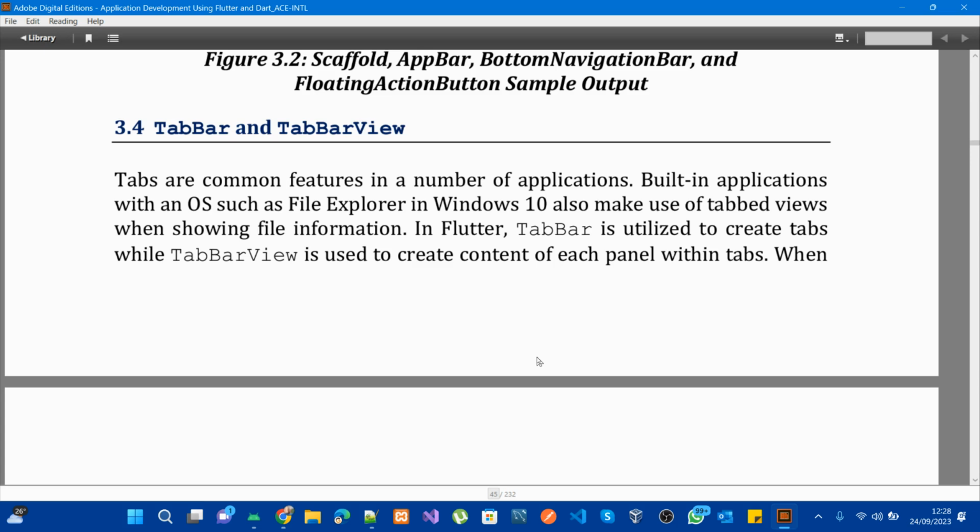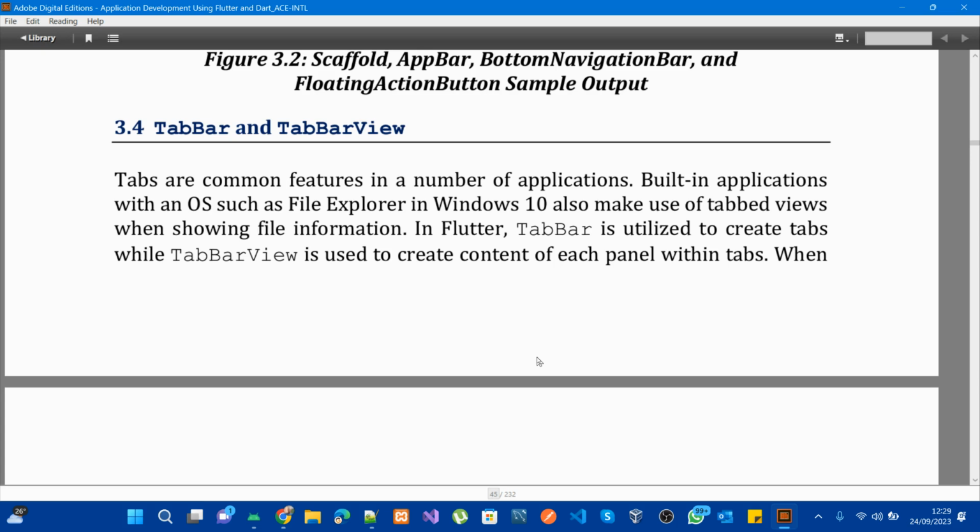So we look at the tab bar and the tab bar view, right? So it's going to be a quick one because today is the weekend. I believe most of you want to maybe go enjoy yourself, hang out with your friends. So it'll just be a quick one. And today is the last day of our bootcamp, which is day 5. So please, like I said, if you have any question, you can ask